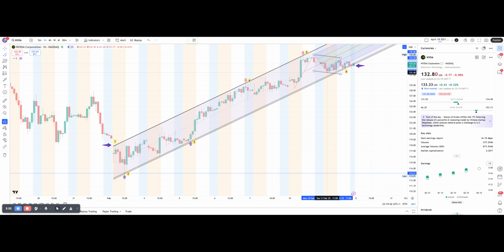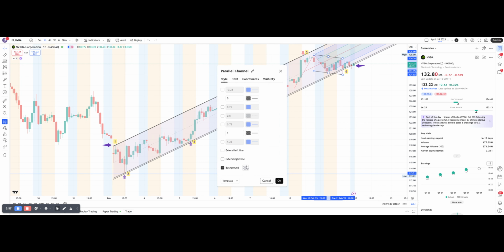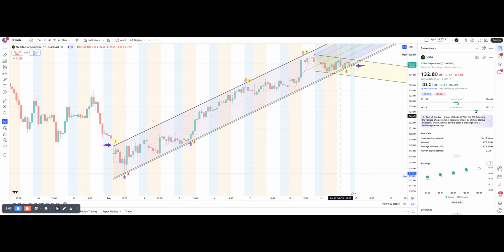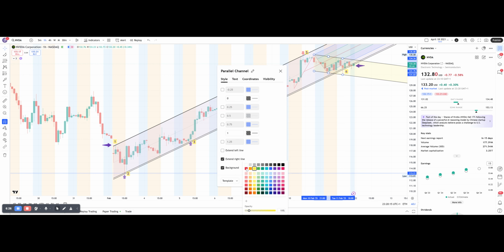This is a pain, and here we have another. See how this channel is forming, and we can put it on a background and extend it to the right. So again, 3 perfect touch points at the top, 2 more at the bottom, and for price to show us that even after a fake out, it goes back into the channel and doesn't activate the potential bear flag, then that yellow thingy is a potential